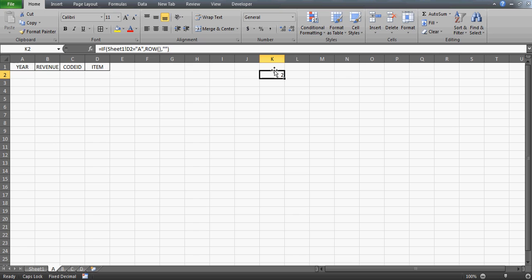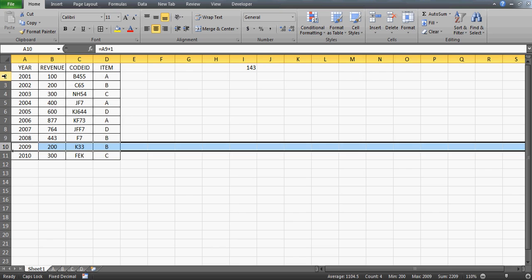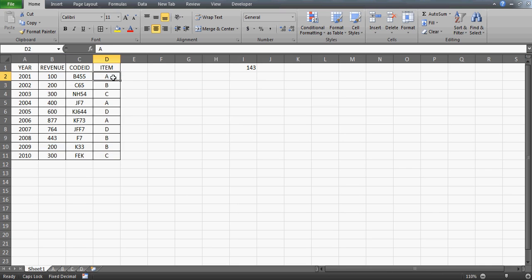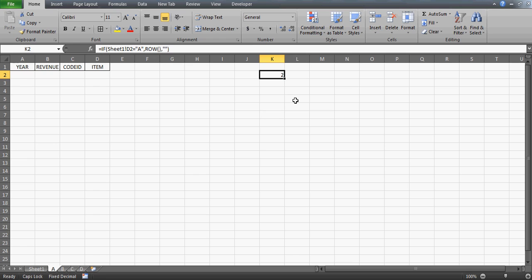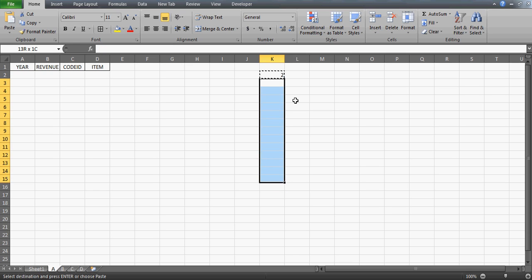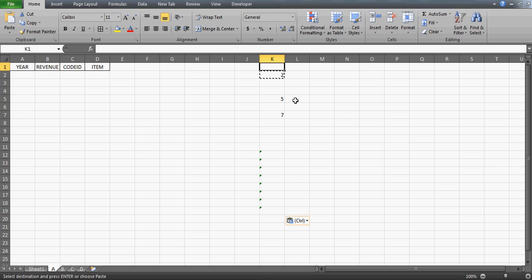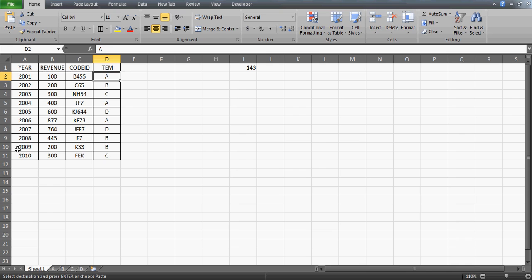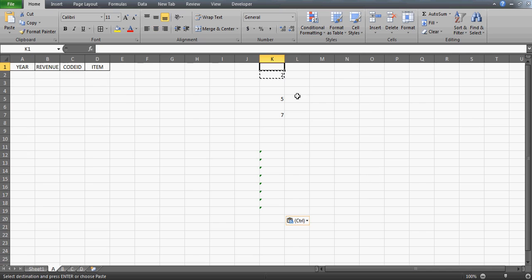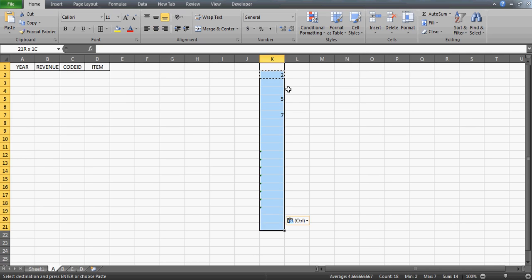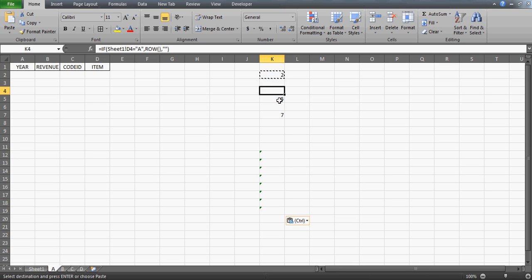So when you press enter, you will get the row number, because in row number 2, which is this, you have the item A, right? So drag this formula until you don't see the blank row, right? Since I have this data only for, let's say, 11 rows, this is I think dummy data, but this is how you need to do it, so that's fine. We have got all the row numbers. If you see, I have got row number 2, row number 5, row number 7 of my sheet 1,